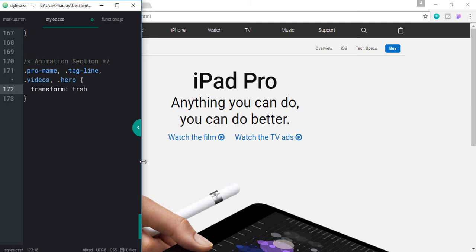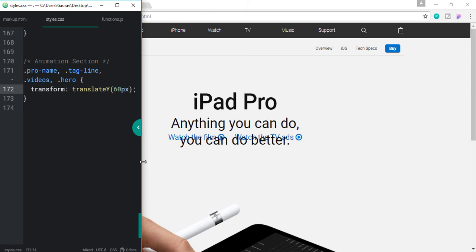So let's use translate Y, and let's move them down by, let's say, 60 pixels. I think videos are not selected. I think it's video.